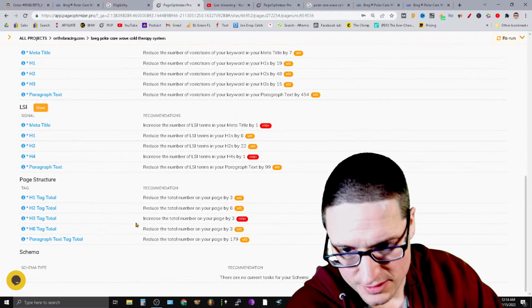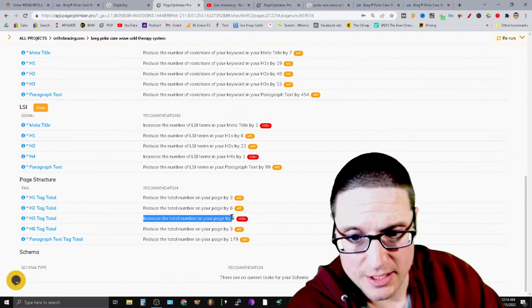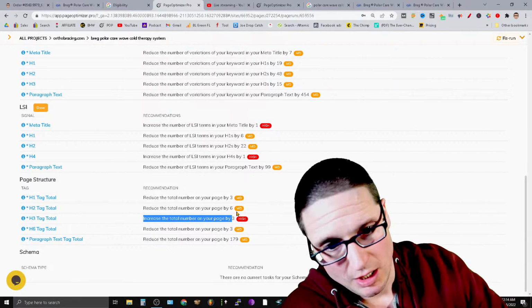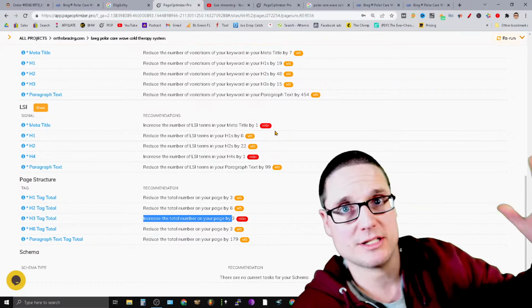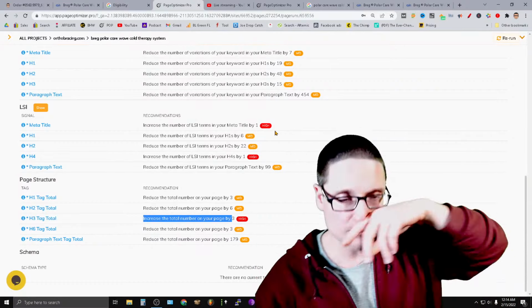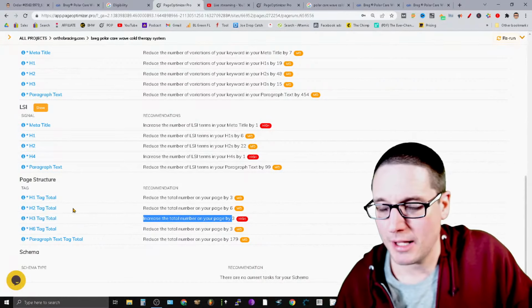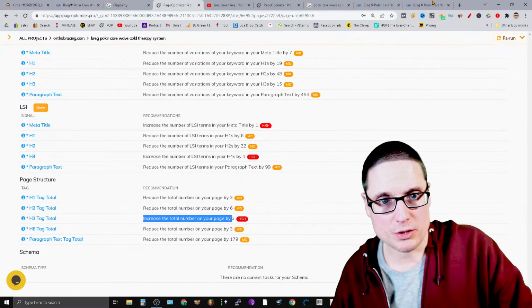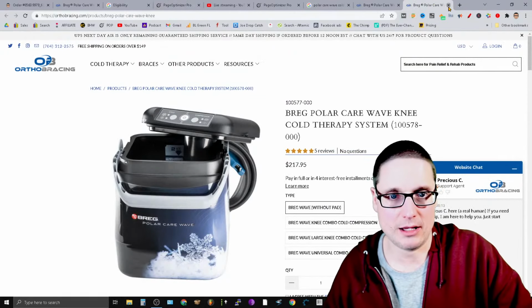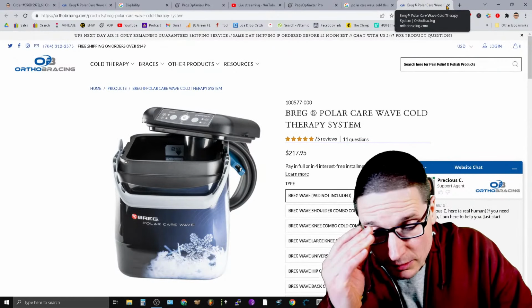And then as far as this, increase the number of H3s that are on the page. So take those H4s, make them H3s, and include variations. I think that should be enough because it's not like we're doing bad. We're looking to jump another spot or two. So this is my recommendations, and this is what I would do. I don't have access to the back end of this site, so I'll send